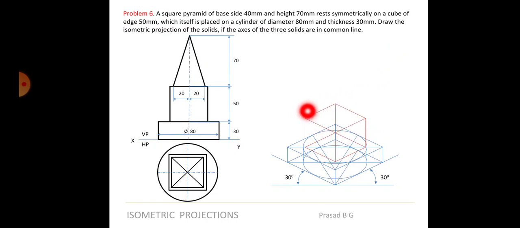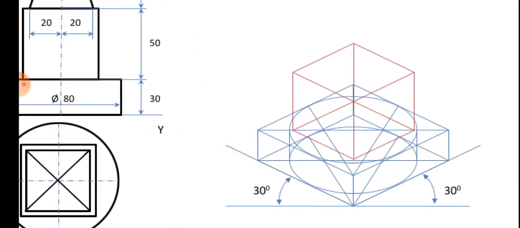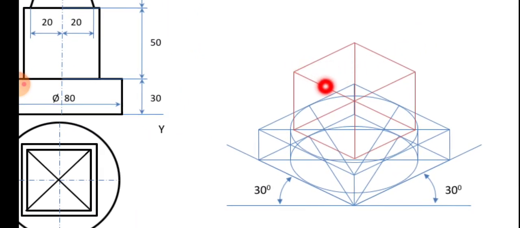So again, you can use whatever procedure or method I have told you. You may find it easier. So what is the base? Base side is 40 mm, right? That means this square has to be 40 mm square. I need to draw an ISO 40 box inside, centrally placed. If you follow the method which I have told you, this is ISO 50, so 50, 50, 50, 50. Inside there should be a box which is 40, 40, 40, 40.